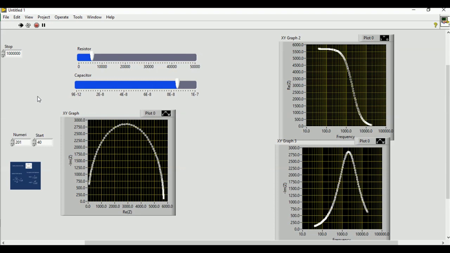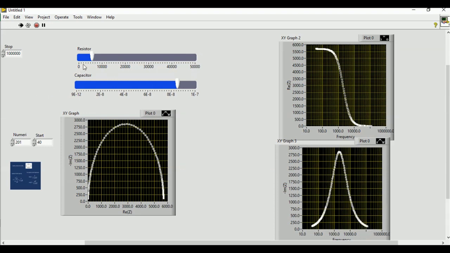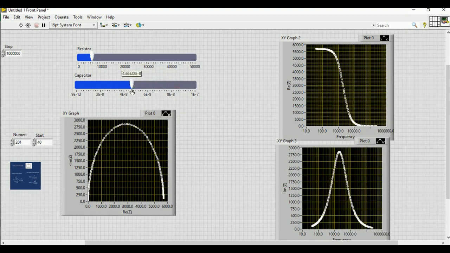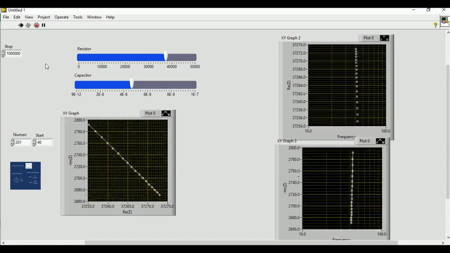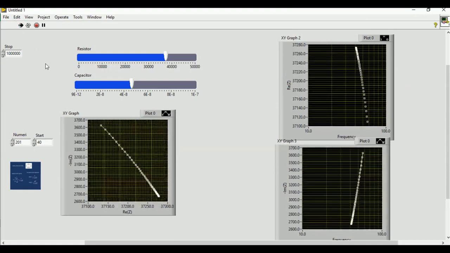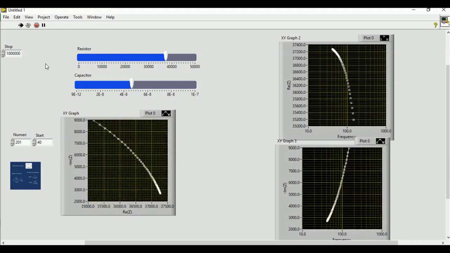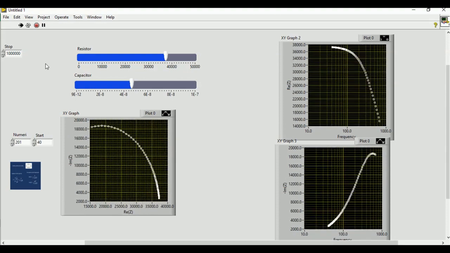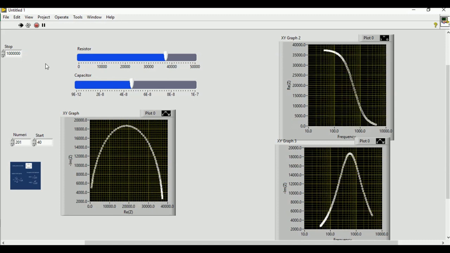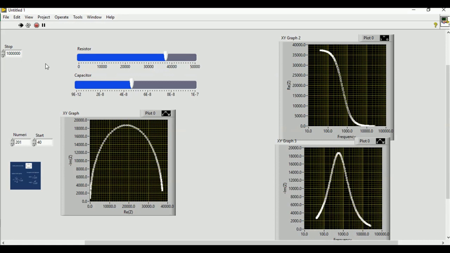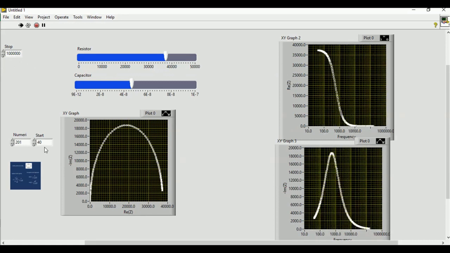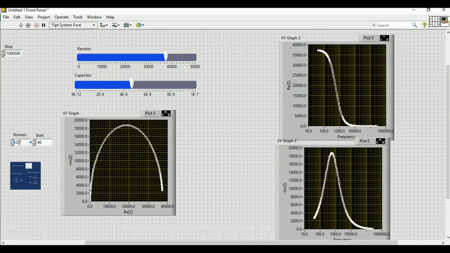And finally it came. Okay, you can change the resistor and capacitor, like you can change the capacitor here and the resistor here, and now you can run the program. Let's see what will happen, then you will get another kind of semicircle. That means the diameter will be different for this semicircular arc, and let's see, this is more depressed. Okay, so accordingly you can change the start frequency and stop frequency also, and the number of numeric points also. Then you can visualize the circular features, imaginary part, real part with frequency.